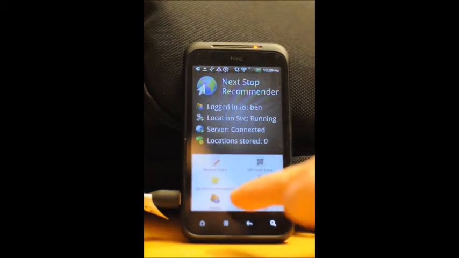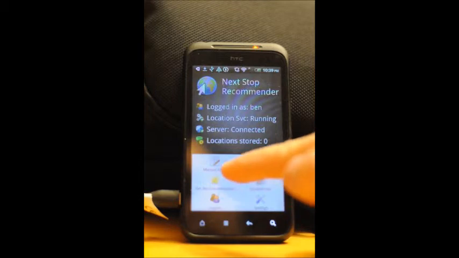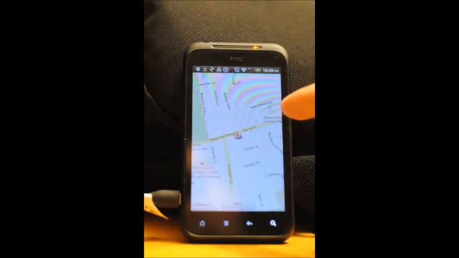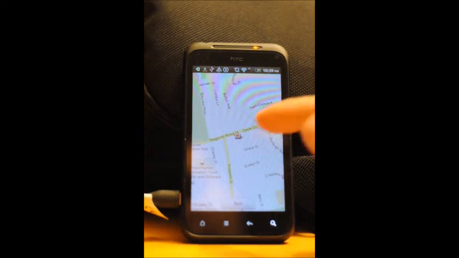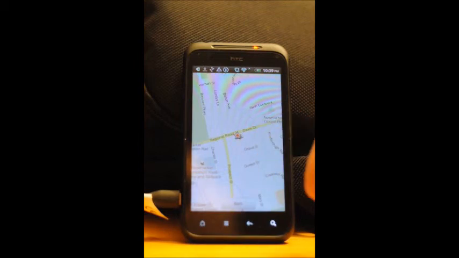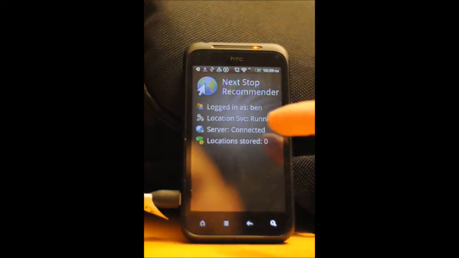The other thing I can do from this application is get recommendations. So maybe I want to request a recommendation from the Next Stop, and you can see it's recommended a location for me. I'm going to go ahead and click that, and it's taken me to a Google Maps screen where I can look at that location, and it's got a star where the location is that I might want to go to. So I'm going to go back, and